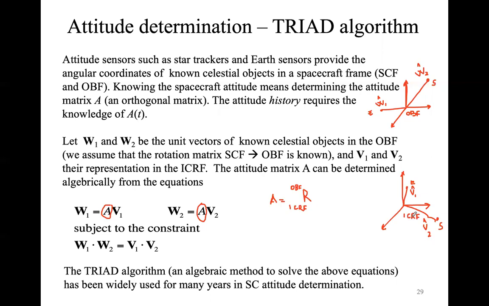What, of course, has to be true is that W1 dot W2, the scalar product between these two vectors, should be equal in the OBF and the ICRF, correct? So we can use these two versors to determine the attitude matrix,